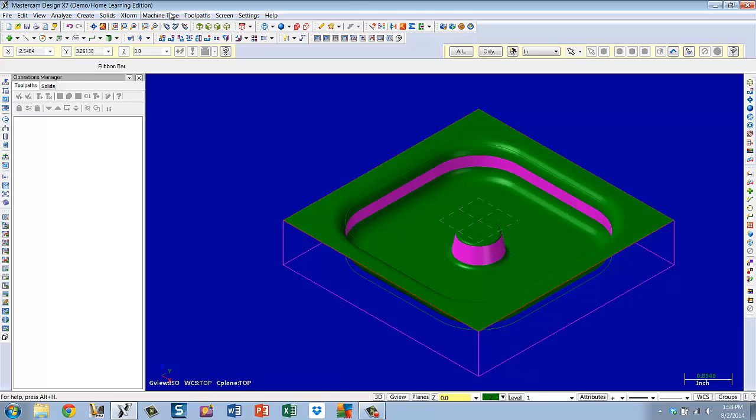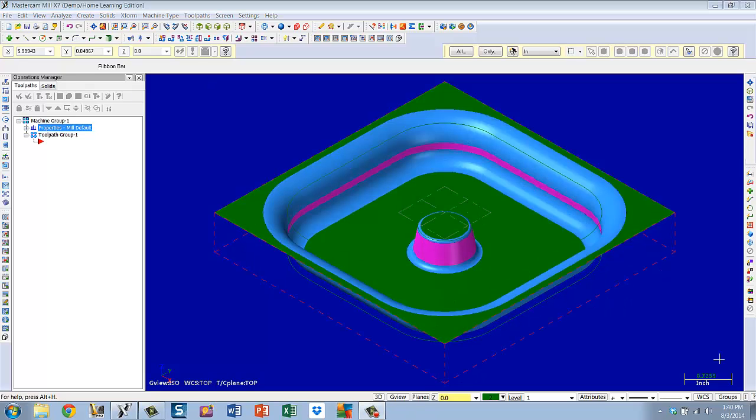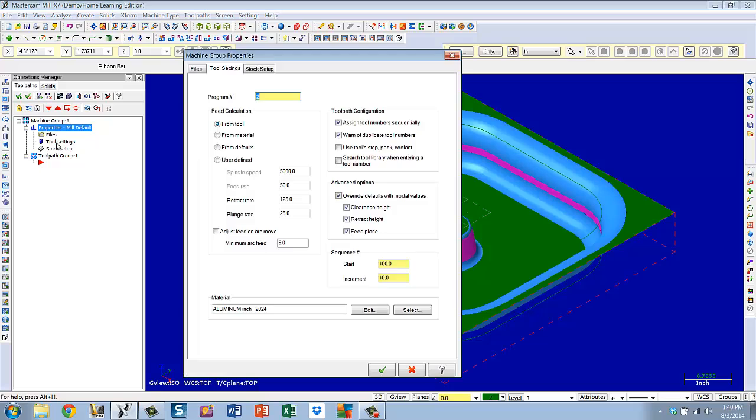So now we're ready to pick a machine and start cutting. Having saved your file, including your name and the assignment information in your file name, and picked your machine type mill, default mill, which is the only one we use for the Student Learning Edition, we'll then open up this tree, go to Tool Settings, set all of these boxes the exact way we've been doing all along in Mill Level 1,